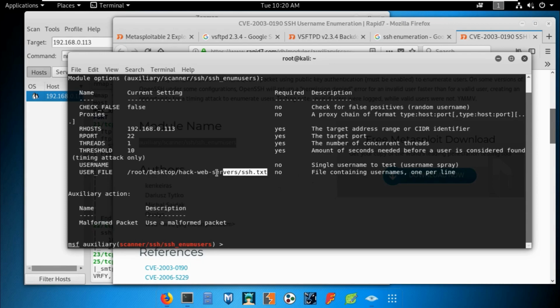When I was a beginner, I was learning this and I was very confused when YouTubers use any text file which contains usernames, and they try to exploit this and they get the username and password easily. Trust me, this is not the case. It takes a lot of time. Sometimes it takes 3 to 4 hours, 3 to 6 hours. Sometimes it takes days to enumerate, or when you come to brute force, it takes a lot of time. So for this purpose, we just give you an idea of how you can use this. There are a lot of other dictionaries available which can be used to enumerate the services.